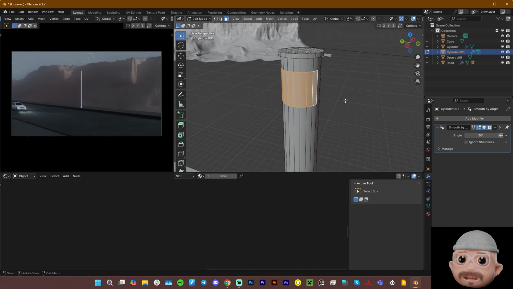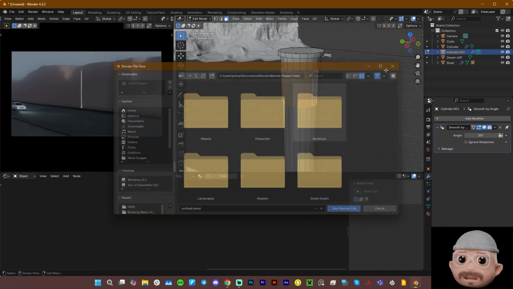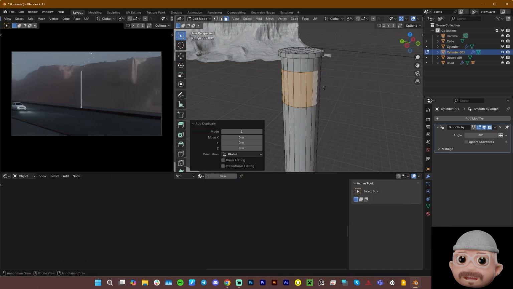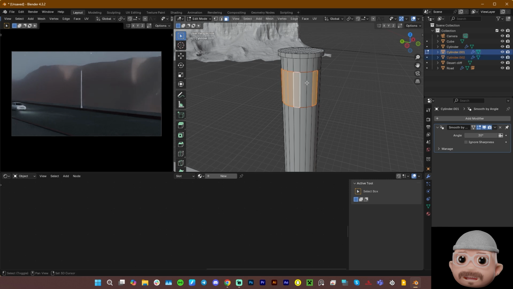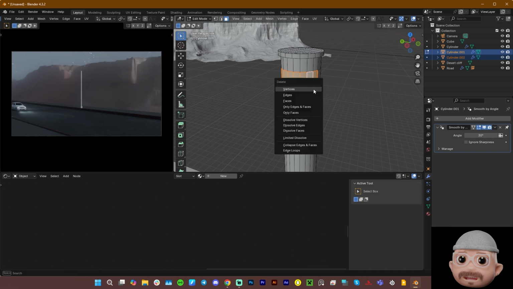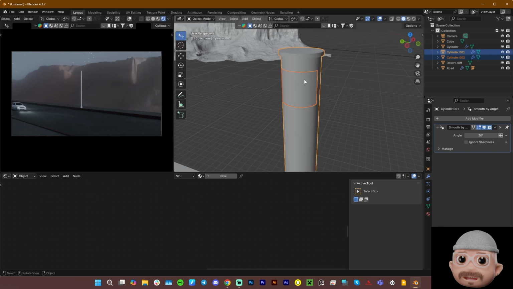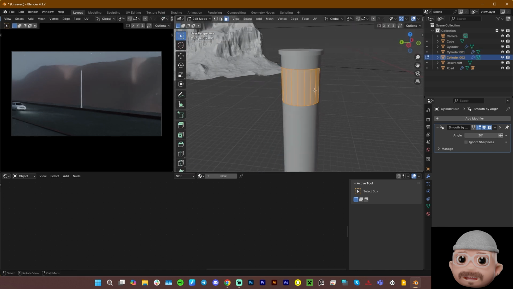And then I am probably going to go Control D. Let's save, Shift D, and P by selection, and then I'm going to select these faces, and we're actually going to delete these faces. X face, totally fine. Tab, I'm going to take this all, Shift E, extrude faces along normals, on the normals,